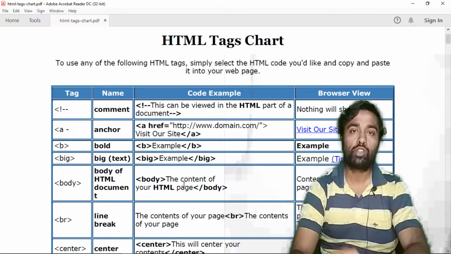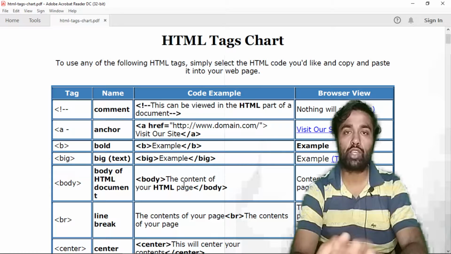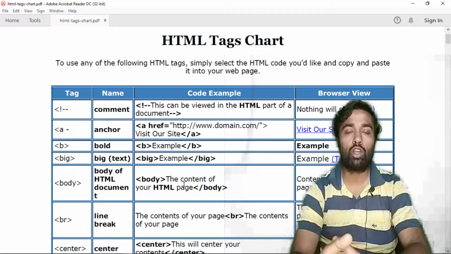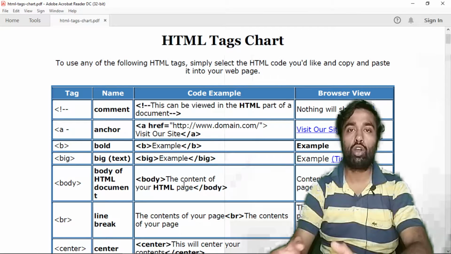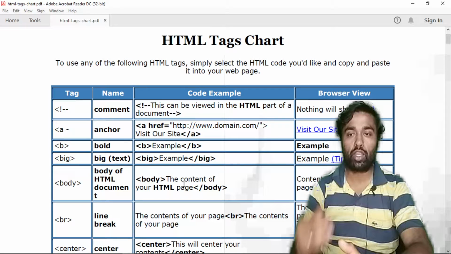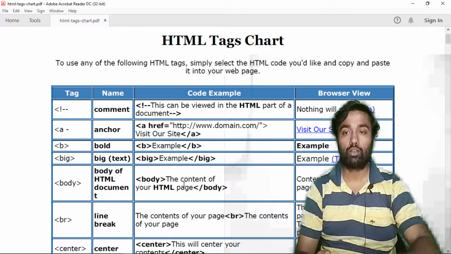So if you want to develop and design your own application, you first need to learn about HTML. What is HTML and how are HTML tags used? It is very important to know. If you know all the tags and requirements which fulfill your criteria and your business logic, then you can easily create a web application applicable to your business logic.